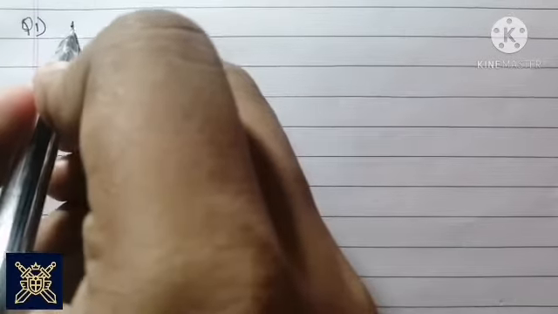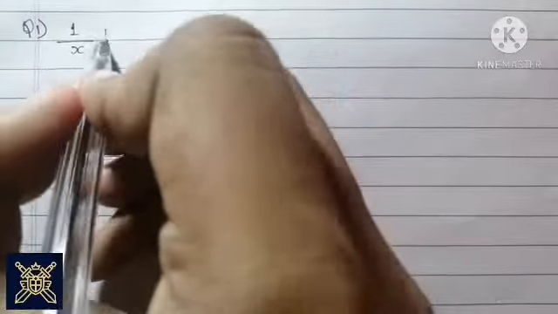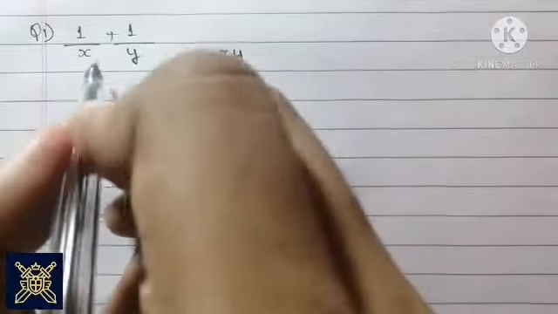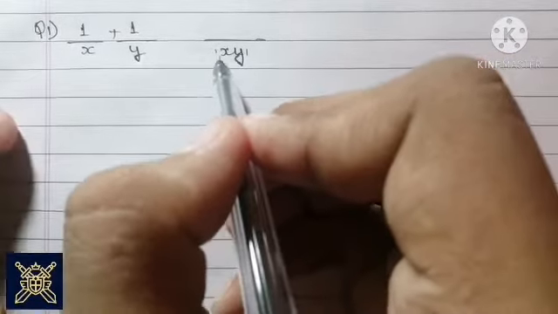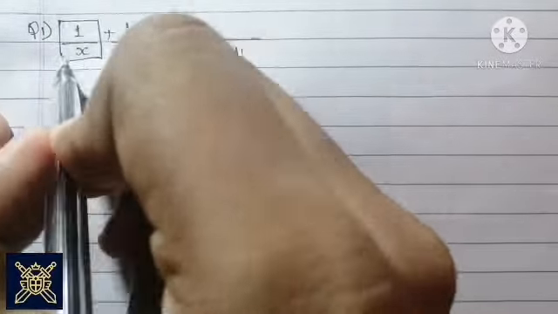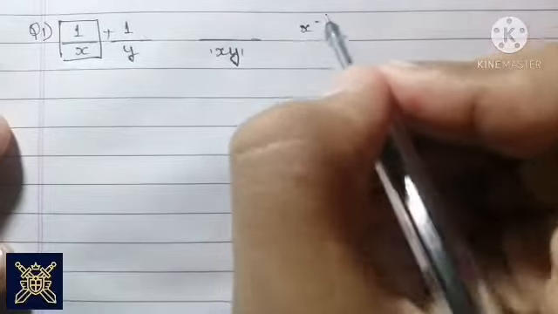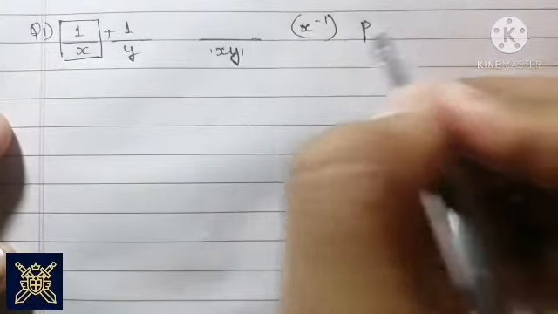In this question, all the equations will be given with the variables x and y in the denominator. I'm just assuming 1 upon x plus 1 upon y. Whenever you solve them, you will always get the value of x upon y because you take the LCM, and you will never get the individual values of x and y. So in order to get those individual values, we will take this whole term 1 upon x, that is x to the power minus 1, as some other variable, say p.